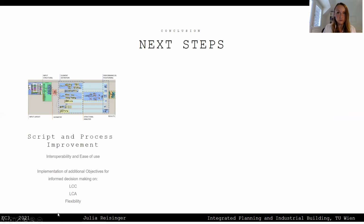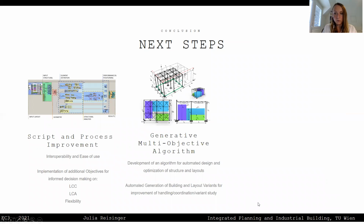And we implemented more objectives already. So it can calculate LCC, life cycle costs, life cycle analysis, and flexibility to increase the decision-making process on a higher level. And furthermore, a generative multi-objective algorithm has already been developed to automatically generate design solutions for the structure according to different layouts. And so we are now able to automatically generate building and layout variants. That was also done because the designers said, okay, we need improvement of handling, we need improvement of coordination and